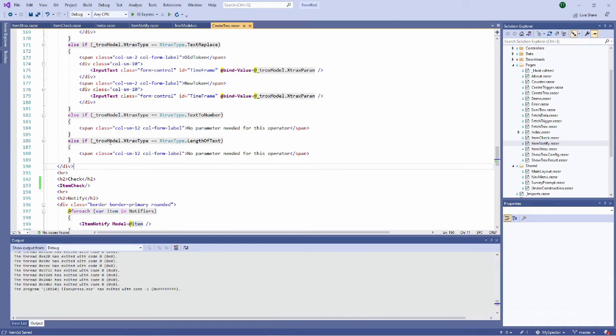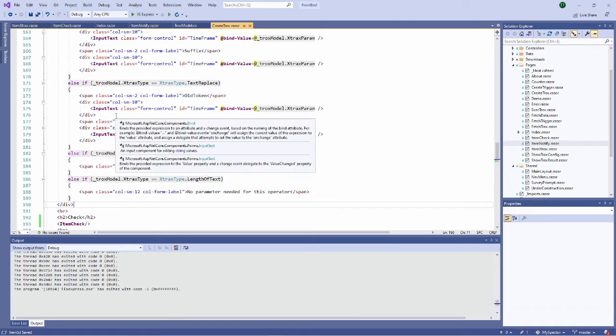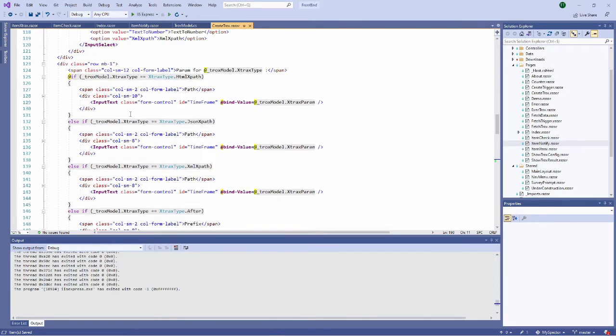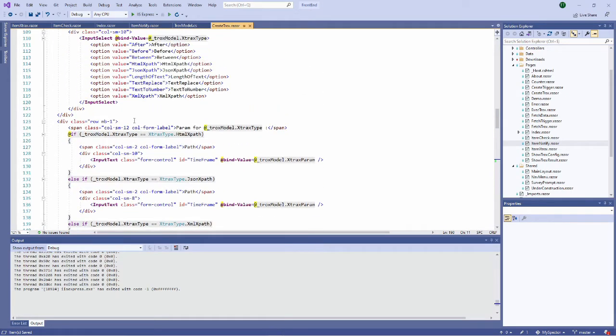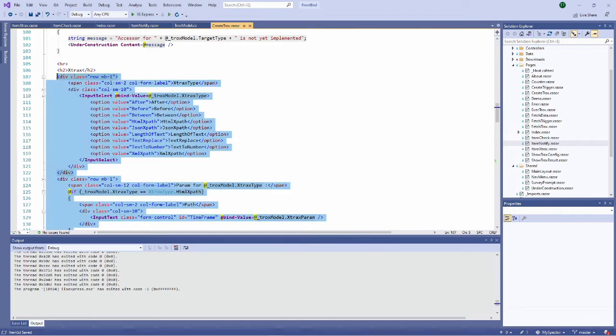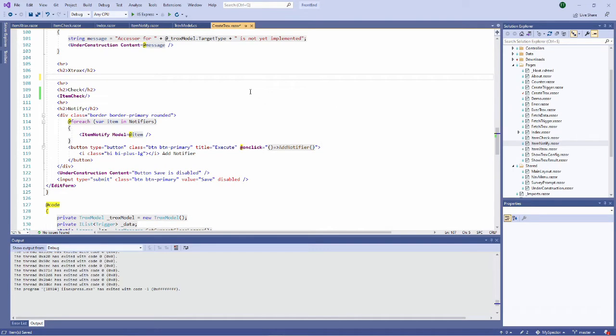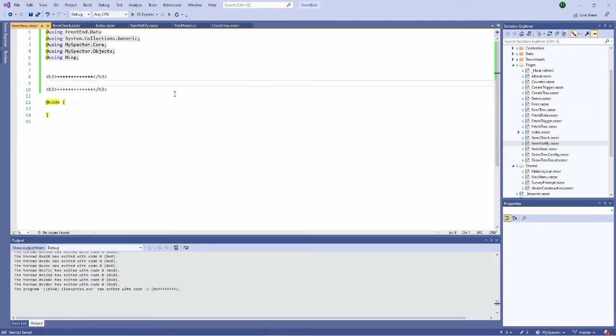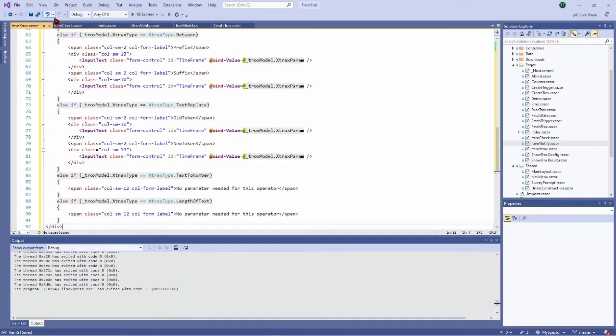So here there is a div. And I'm looking for the input here. Extraction here. So I cut this. I save it, I go there, and I paste all the stuff like this.